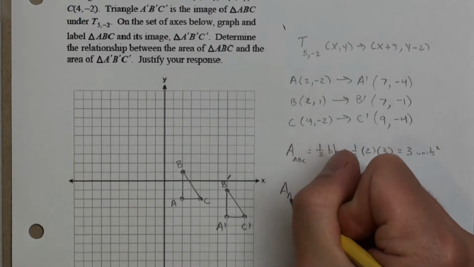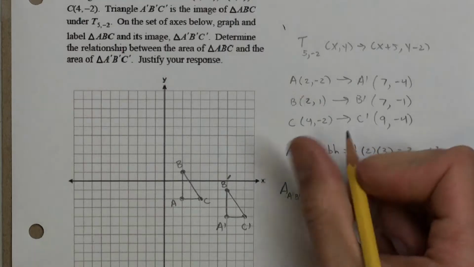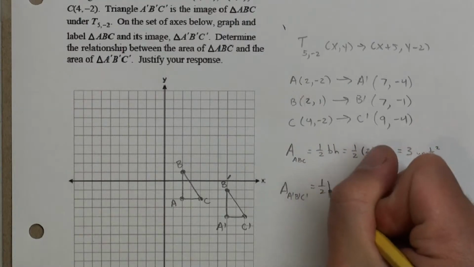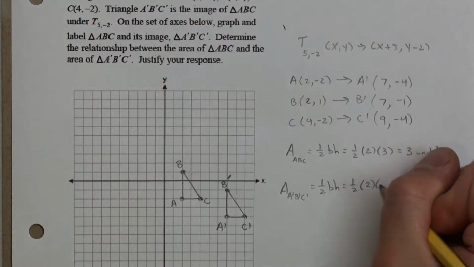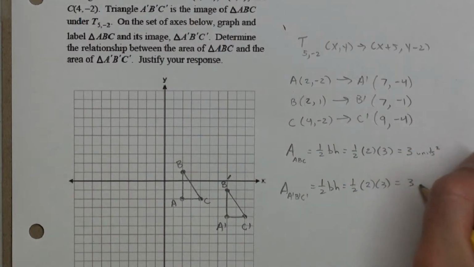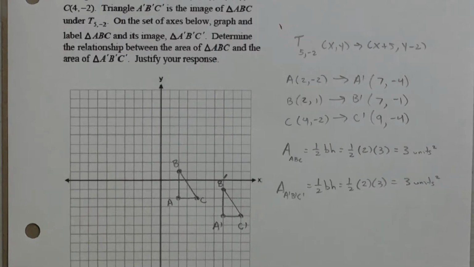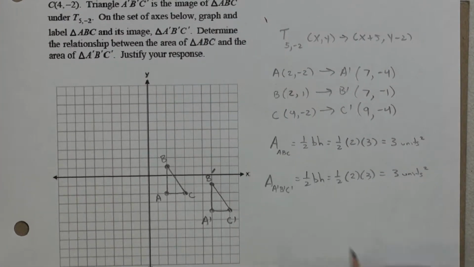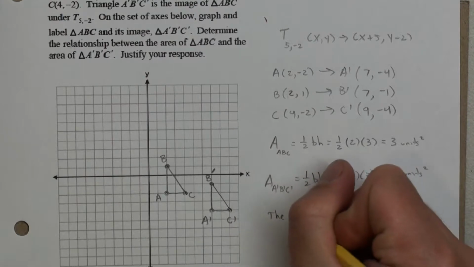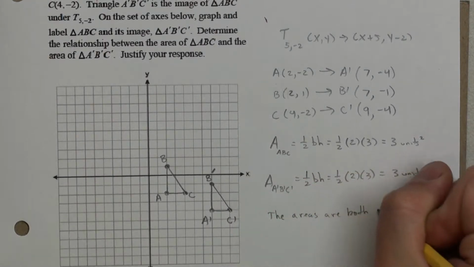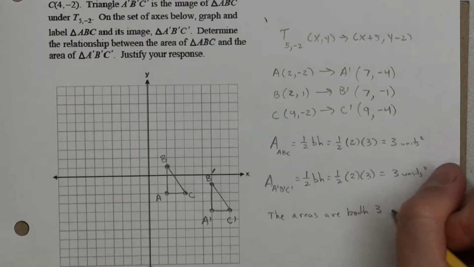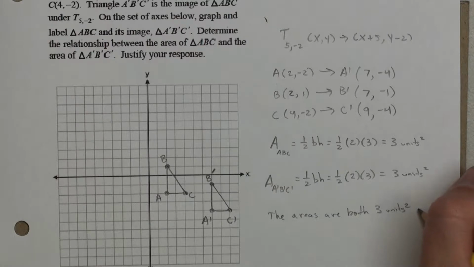The area of A prime B prime C prime is 1/2 base times height, which is 1/2 times 2 times 3, which is 3 units squared. The areas are both 3 units squared